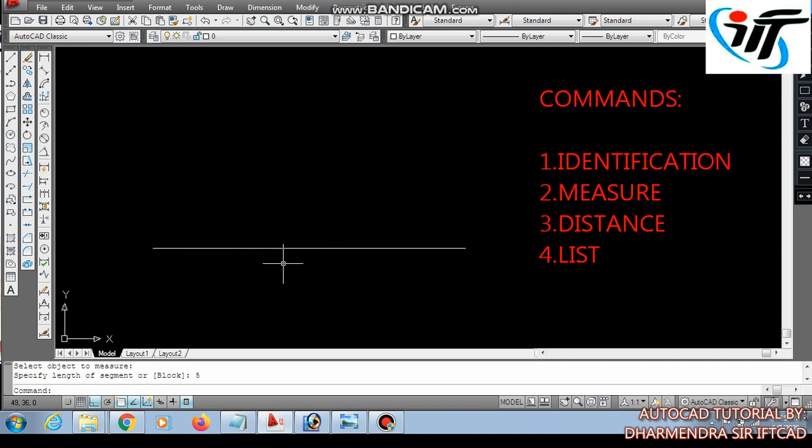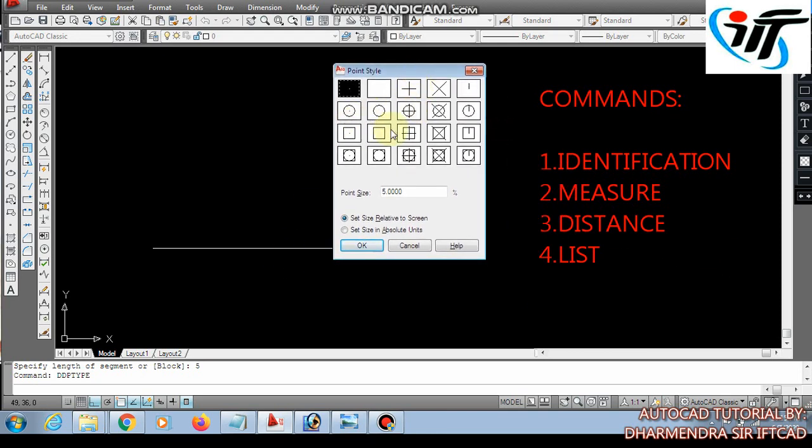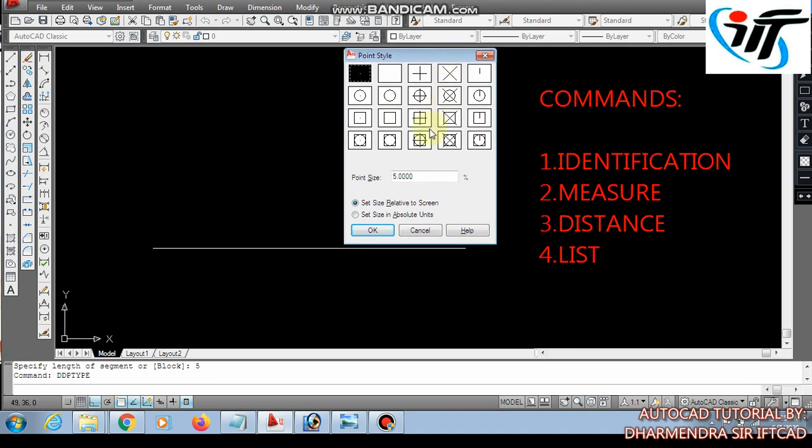For that purpose we need to use point style to show the divisions. Let me use the short key for point style, DDPTYPE, enter. To get the point style, we use DDPTYPE. Enter. Now I will choose any type through which I want to represent the division.